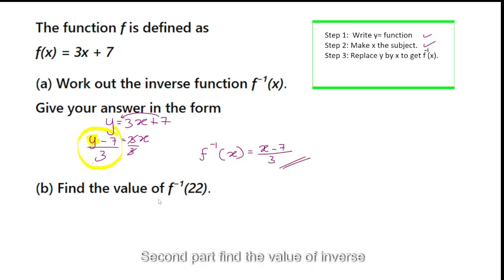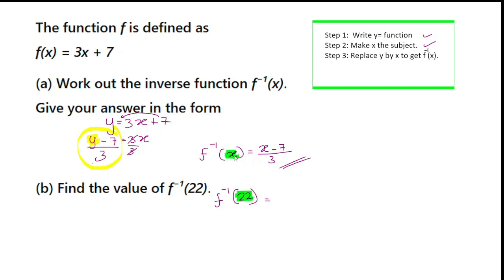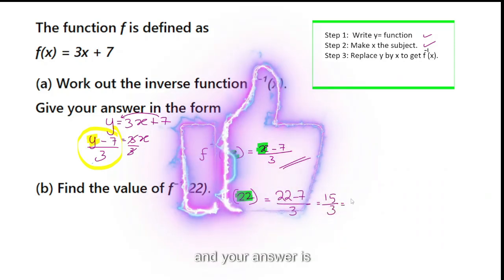Second part, find the value of inverse function of 22. So inverse function of 22. You put 22 here. When you put that, it goes there. So that's 22 take away 7 divided by 3. 22 take away 7 is 15 divided by 3. And your answer is